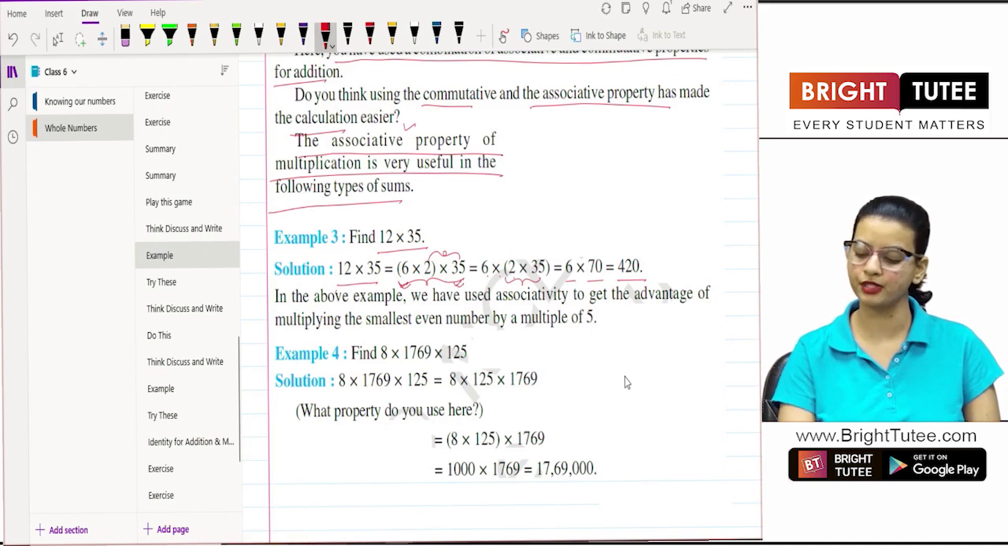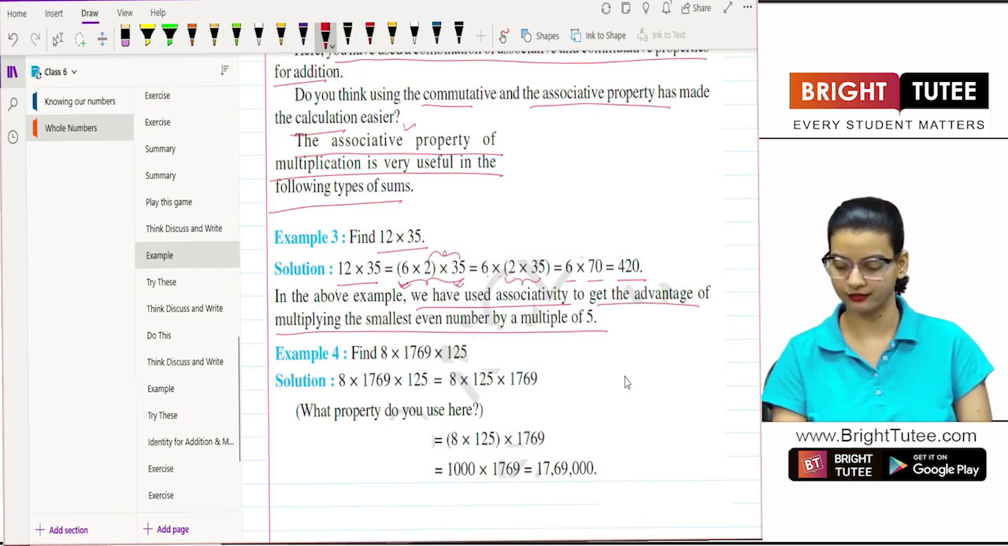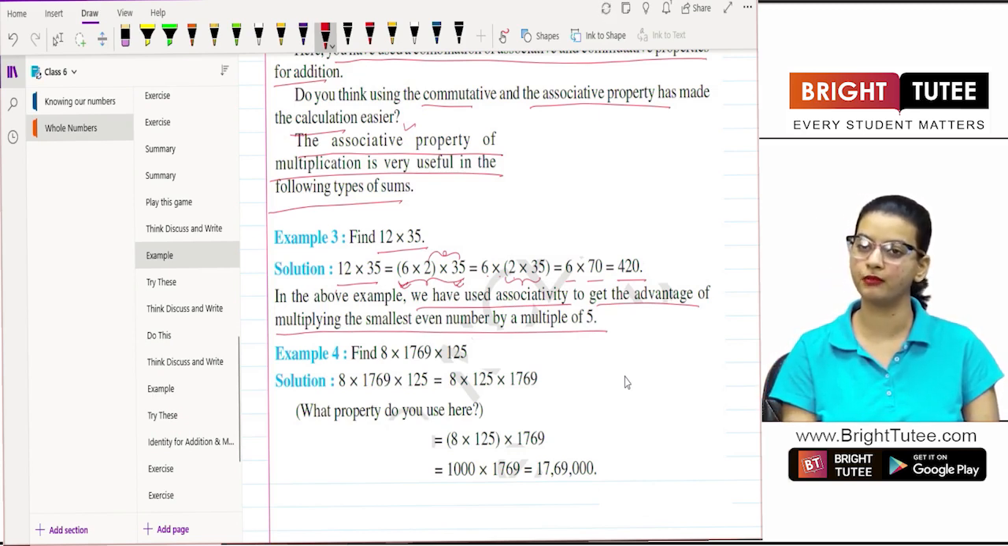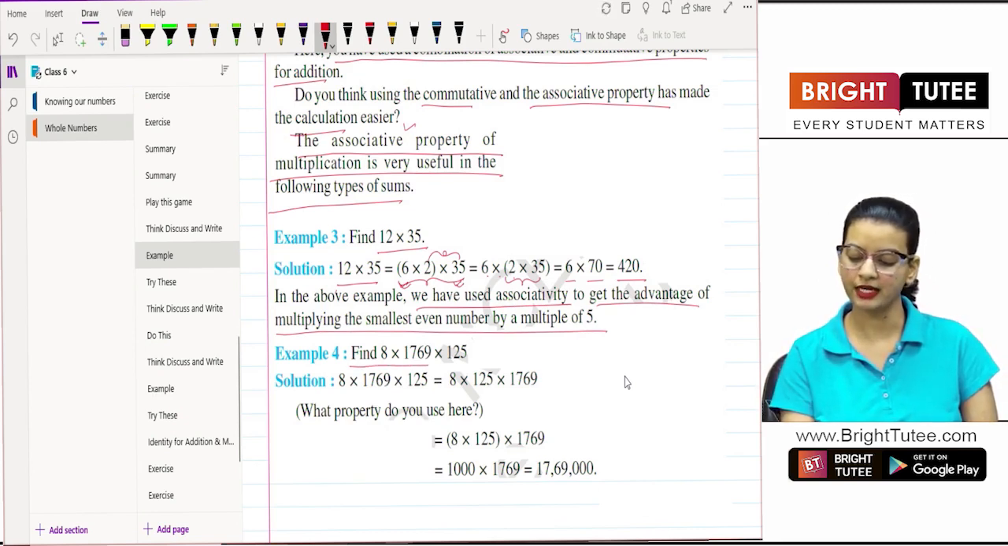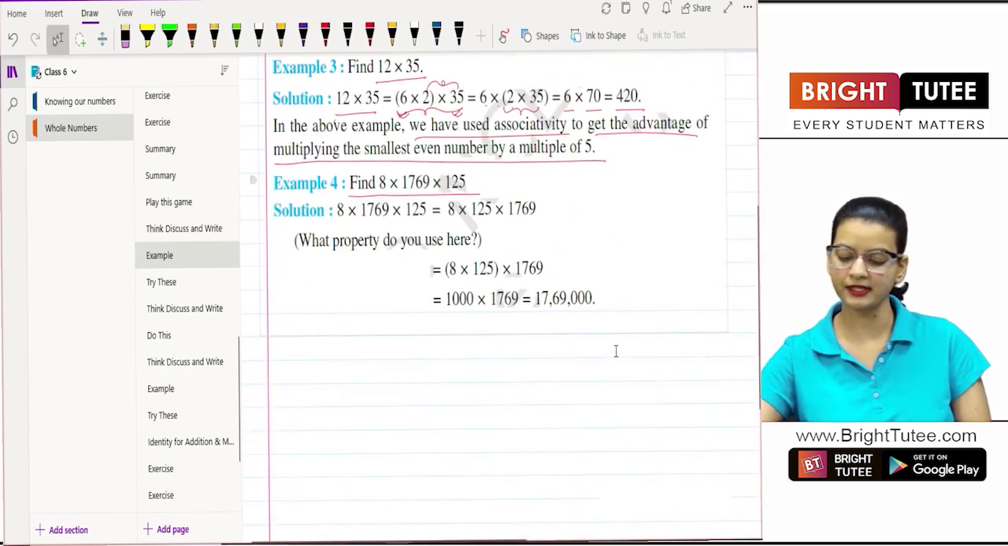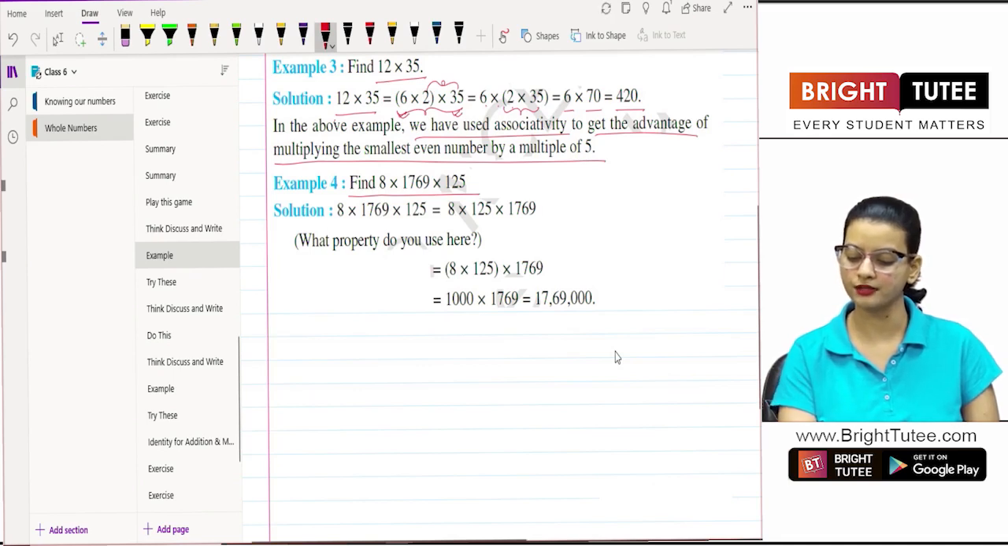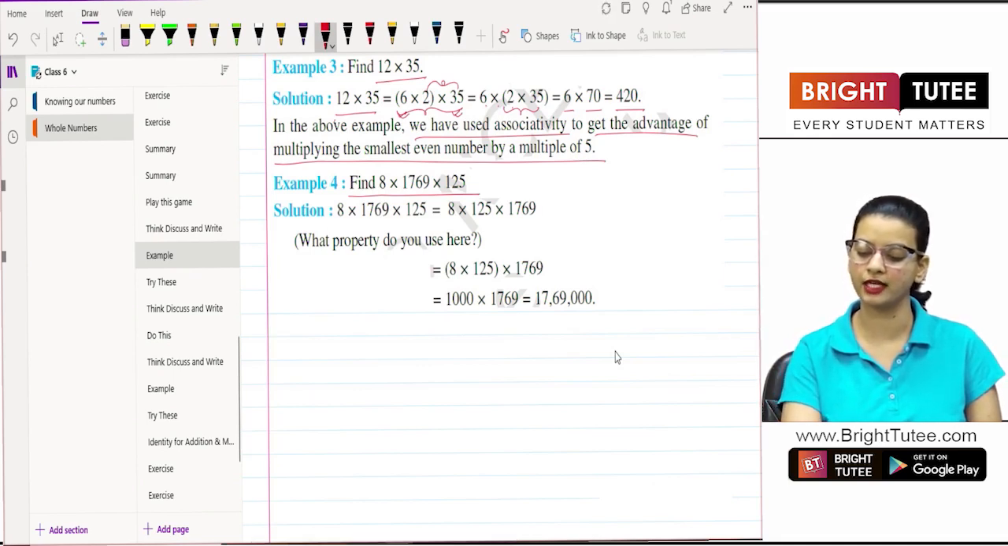In the above example, we have used associativity to get the advantage of multiplying the smallest even number by a multiple of 5, okay. So, associativity means we can break this very easily. Now, find 8 into 1769 into 125. The way I see this is, we have got to calculate 8 into 1769 into 125, okay. If we do it like this, 8 into 125 and then multiply this with 1769,